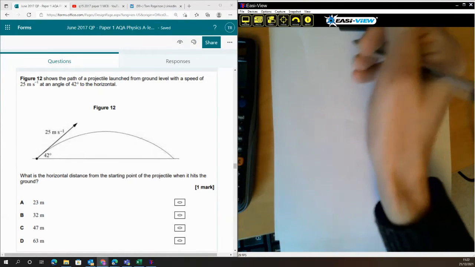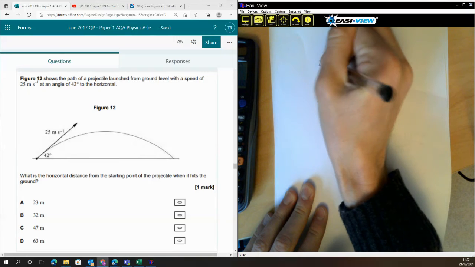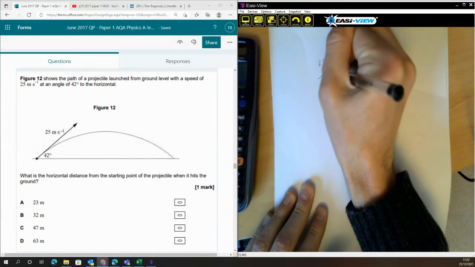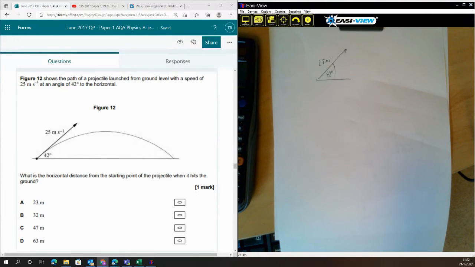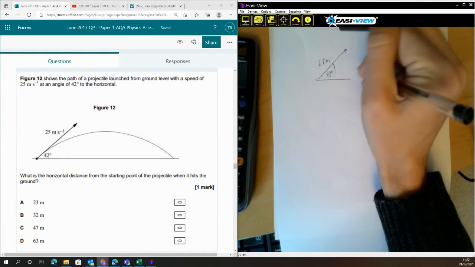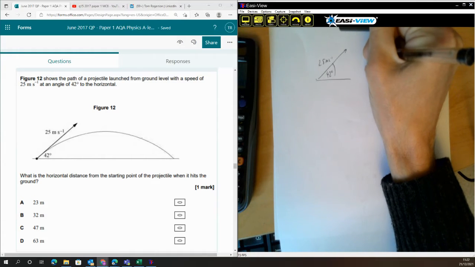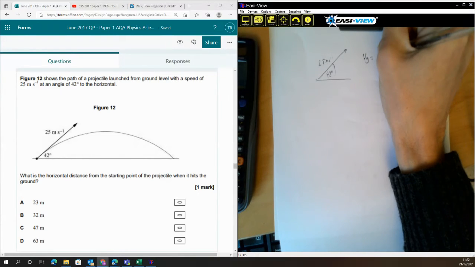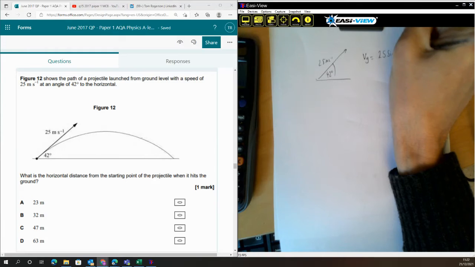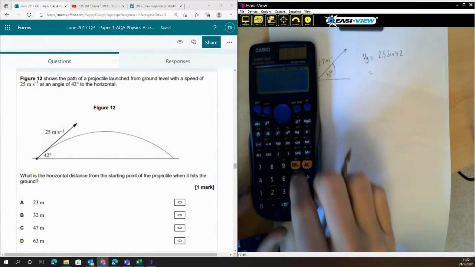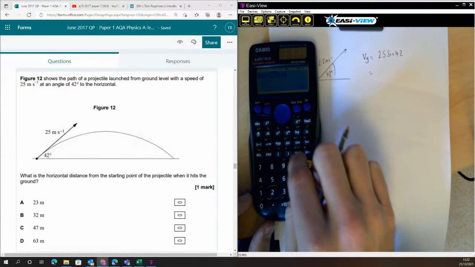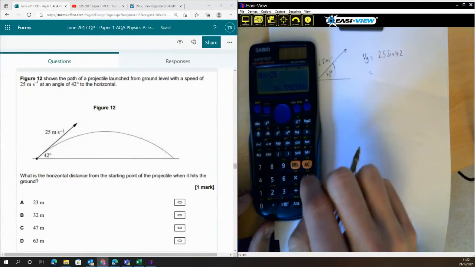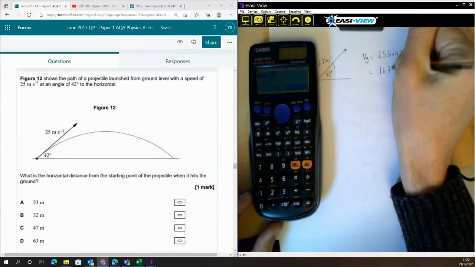So we've got 25 meters per second, and then at an angle of 42 degrees to the horizontal. So the vertical component is sine 42, so we can work that out. It's 25 sine 42. So the vertical component, which I'm going to call Vy, is 25 lots of the sine of 42. So sine 42 and then multiplied by 25 gives me 16.728